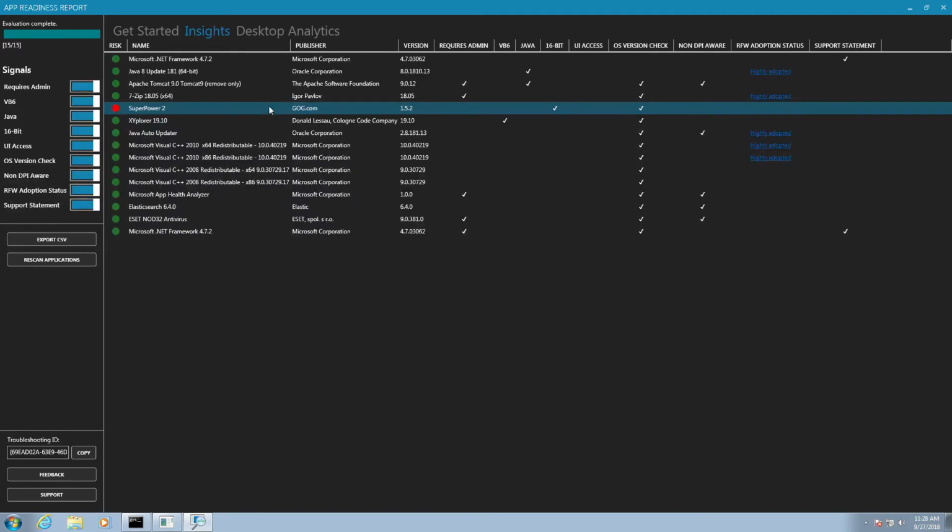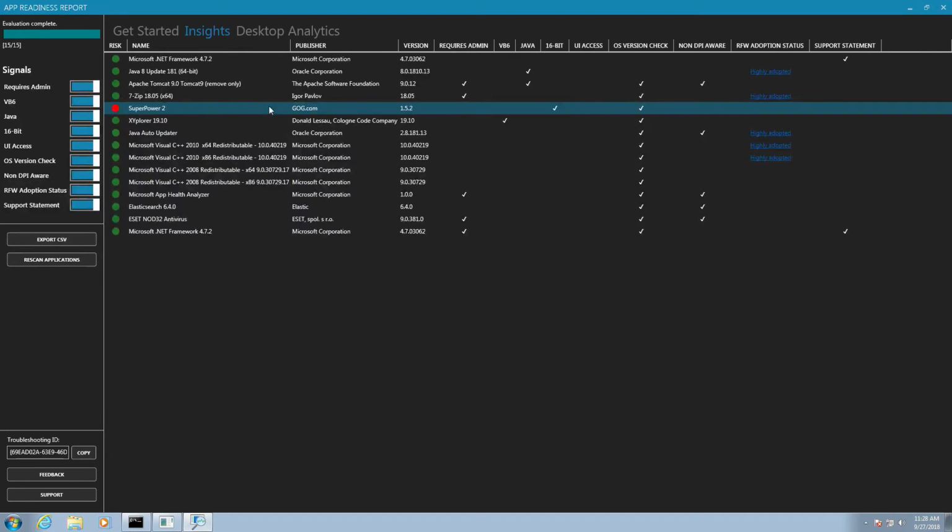If an application is widely installed across different enterprises on Windows 10, we'll let you know on that web service. Like if you go to Ready for Windows, we'll let you know about that. Apart from adoption status, Ready for Windows will also let you know if an ISV has a support statement available for its software on Windows 10.